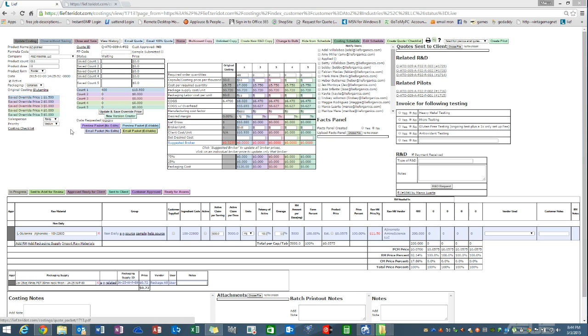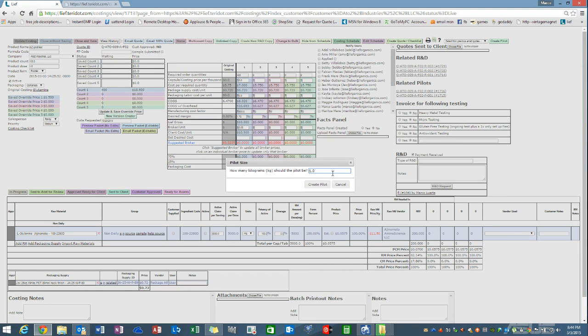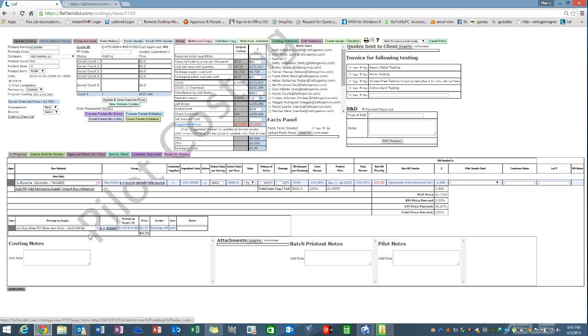To create a pilot batch, once again you go to the costing sheet that you're identifying that you want to use. You press this button right here, create pilot. Then you identify how many kilograms you want the pilot to be. Let's say you want it to be half a kilo, then you put 0.5. You want it to be 2 kilos, you put 2. You want it to be 1.5, you put 1.5. Once you identify the kilograms you want to create, you press this button, create pilot, and it is now a